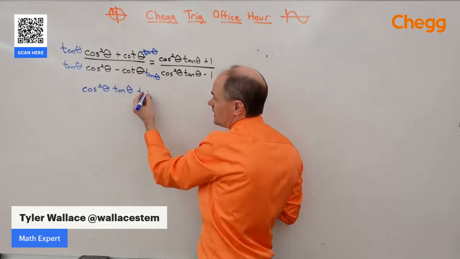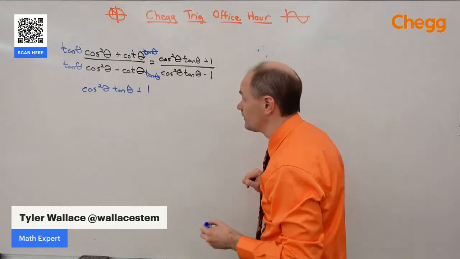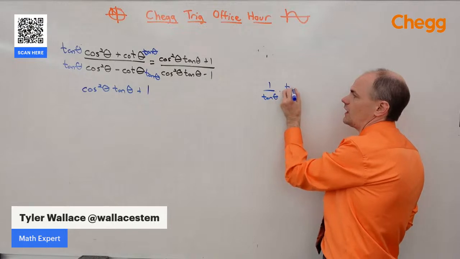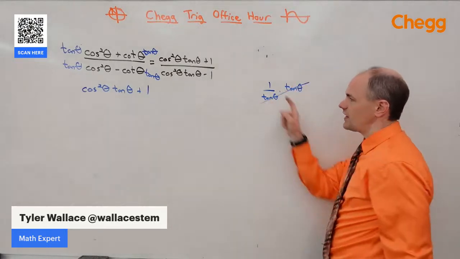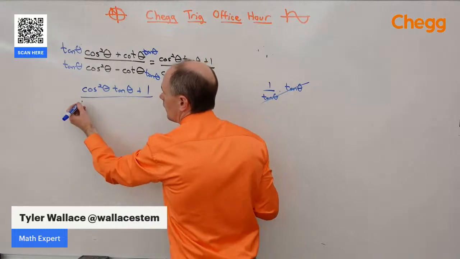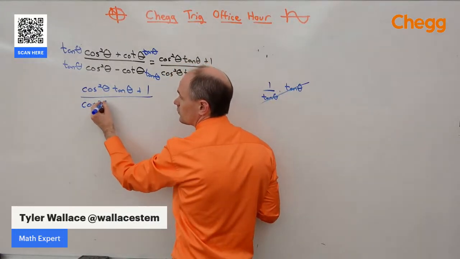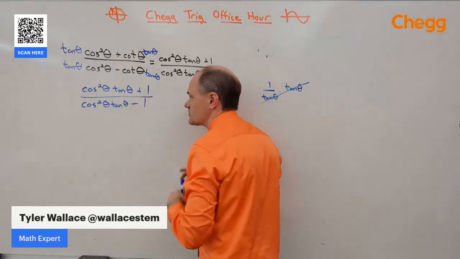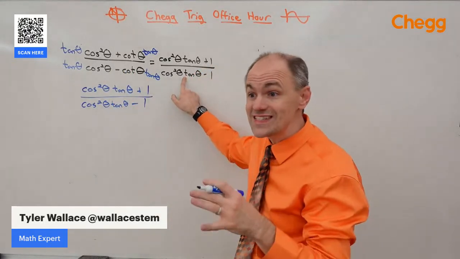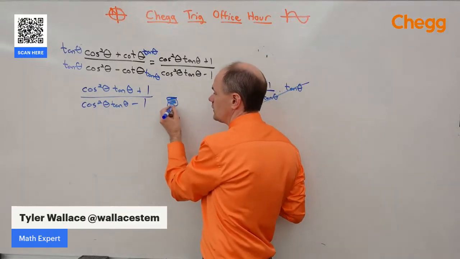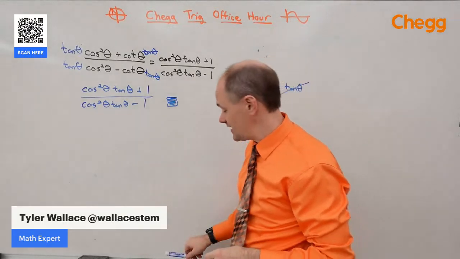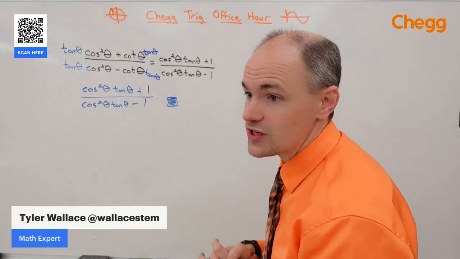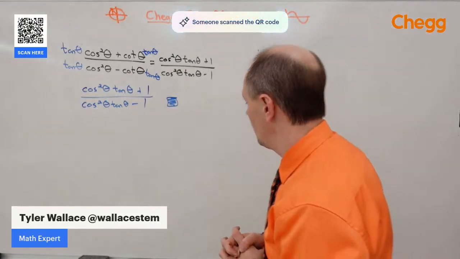So cotangent times tangent is just going to be equal to 1. Because cotangent is 1 over tangent times a tangent. You see those reduce out, leaving just the 1. All over, then we have a cosine squared theta times tangent theta minus, again, cotangent times tangent is 1. And that gets me in one step right to the solution, which is really nice. So good work there on seeing that. Excellent question. All right,